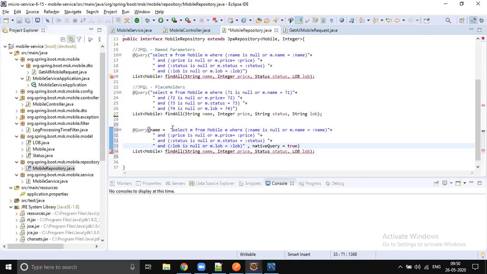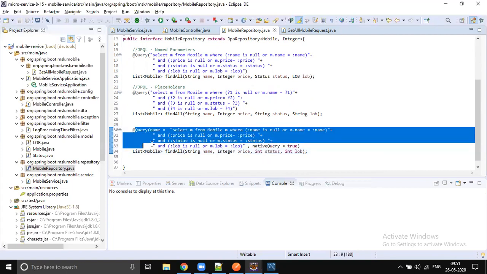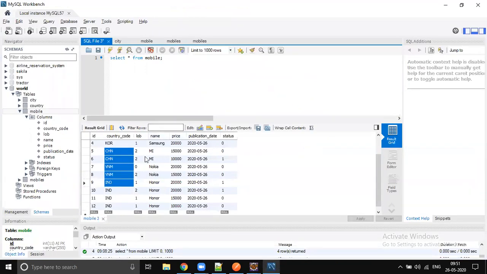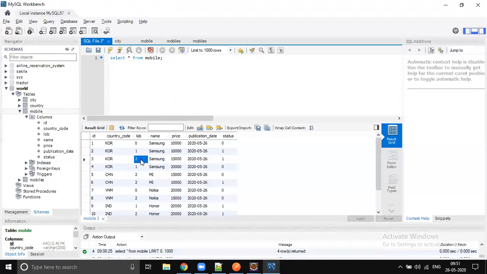So this is our native query, a raw SQL query. By that time, you must be very careful. The input types are int, not string, not enum type, because we are going to execute a raw SQL query. In the database, the data is stored as integers, not strings or enum types.